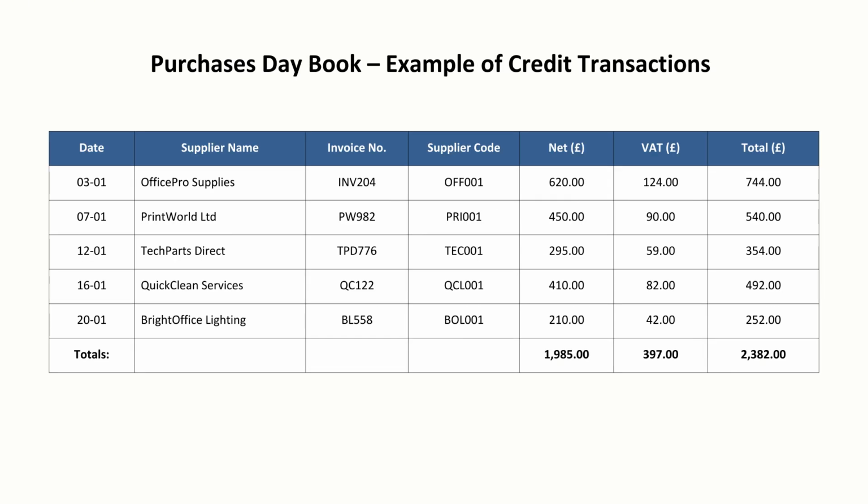Now, let's look at the Purchases Daybook, which records everything the business bought on credit from its suppliers. On the 3rd of January, for instance, the company purchased office supplies from Office Pro Supplies for £620 net, plus £124 value-added tax, giving a total of